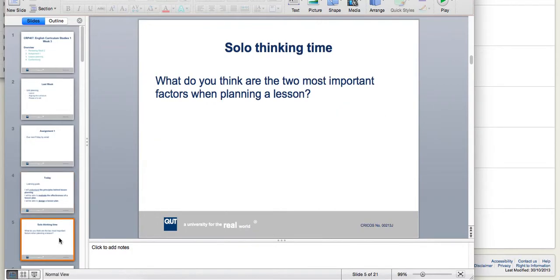So we start off with some solo thinking time. So just thinking to yourself, what do you think are the 2 most important factors when planning a lesson? So think to yourself, if it was your class and you're planning, what do you think the 2 most important factors are? So once you've had a think about that,